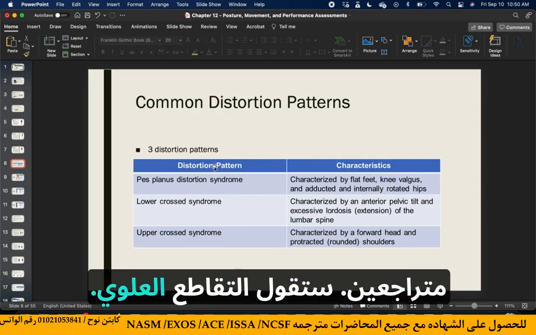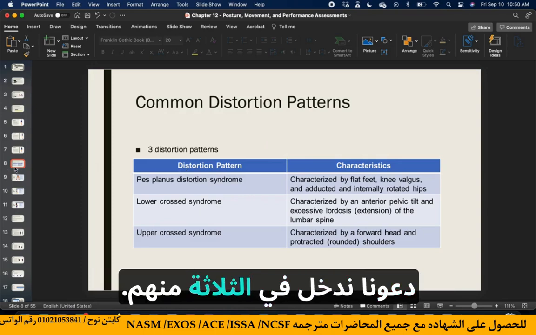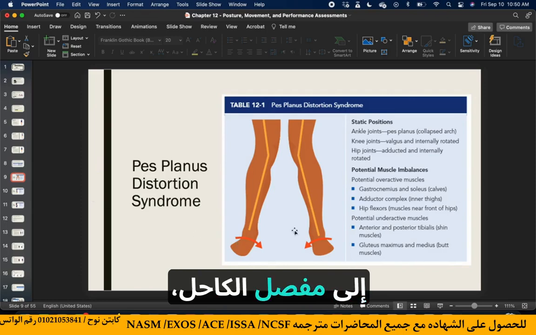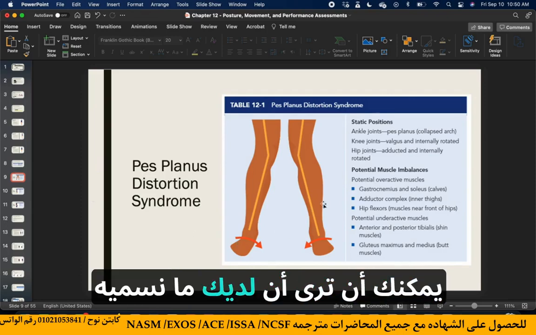You'd say upper cross. Okay. So let's get into the three of them. First one is pes planus. If you look at the ankle joint, you can see that you have what we would call a